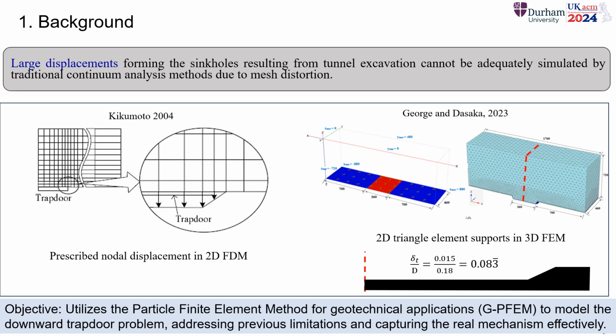For example, you can see one very old example in which the deformation is imposed as nodal displacement, and another in which a moving boundary is employed, but still this uses very minimal trapdoor deformation. So here the vertical deformation is 8% of the lateral width of the boundary for the moving trapdoor,